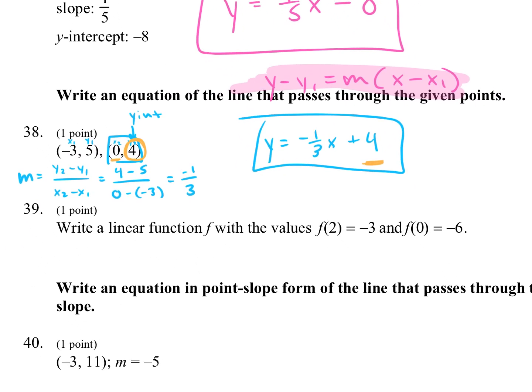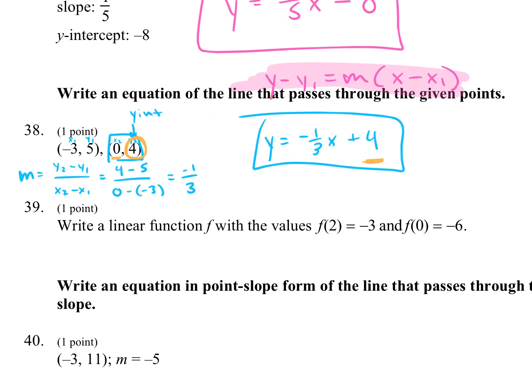Also, for questions like this, your midterm is mostly multiple choice. Use your answer choices to kind of help you. Look at your answer choices and think, are my answer choices in slope-intercept form or point slope form? 70% of the midterm is multiple choice. So what would be like free